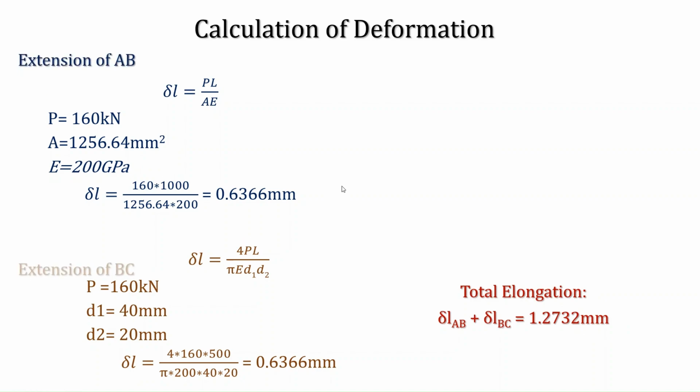Next, let us end by computing the value of the stress. So the stress in the linear portion of the bar, that is AB, is computed by the mathematical model, which is nothing but the ratio of the load acting over the given cross-sectional area. Again, the cross-sectional area is computed by using the mathematical model of the area of the circle, that is pi by 4 d square. So we do get the magnitude of the stress to be equal to 127.32 megapascals,